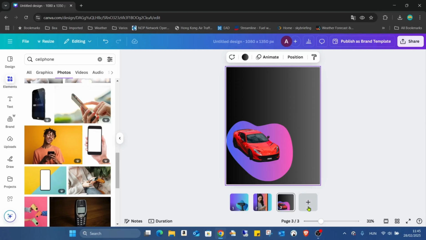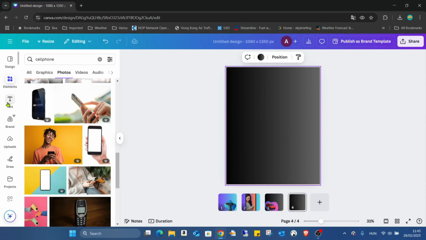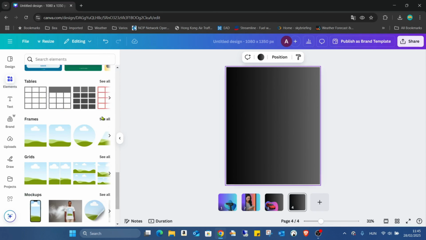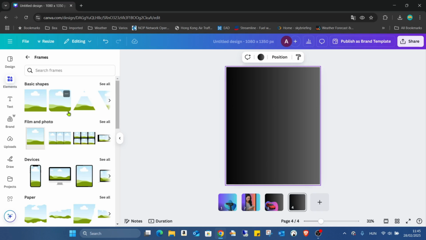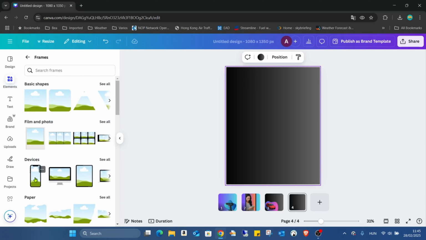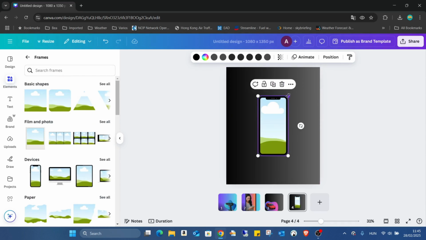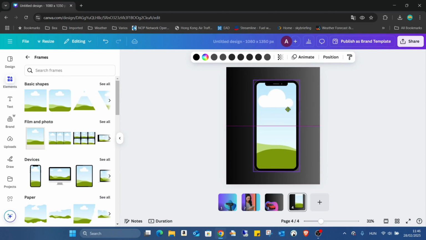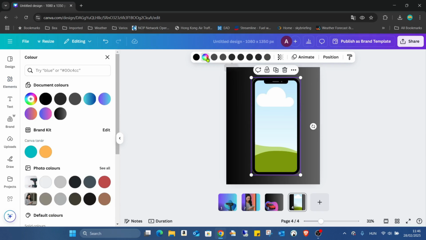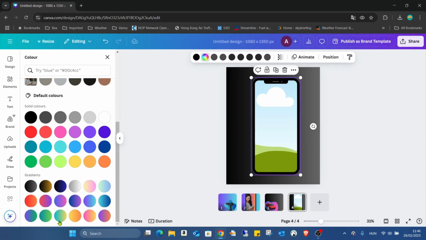So, open a new page, then scrolling down, searching for the frames, the frame I would like to use. There are many, but I'm going to use this device, the cell phone, increasing the size a bit. And at the top, as you can see, there are many colors, but there is only one which is transparent. I click on it